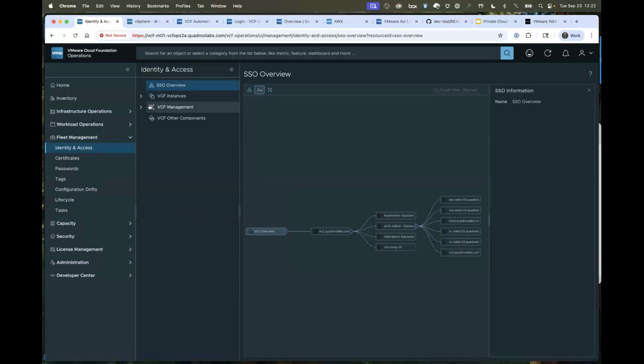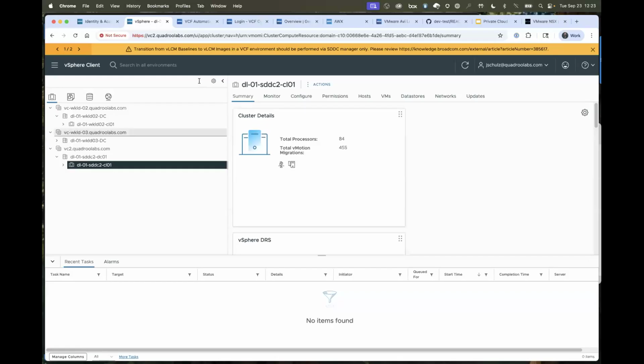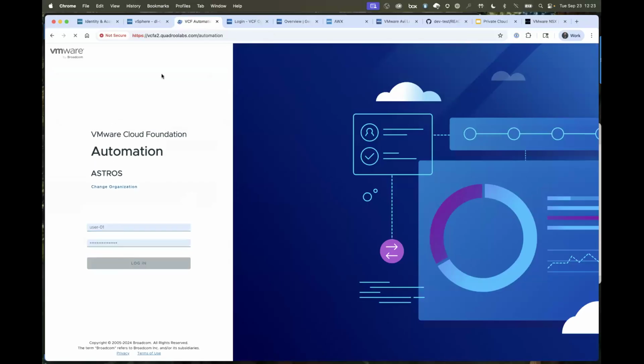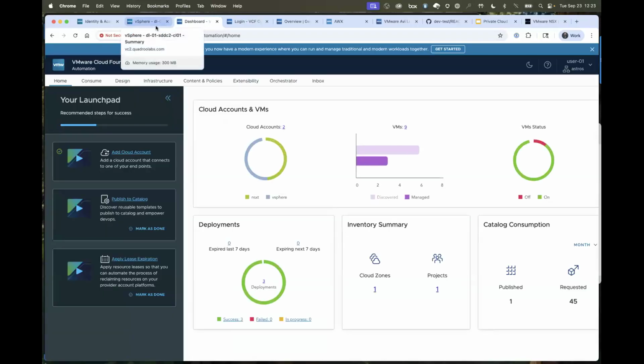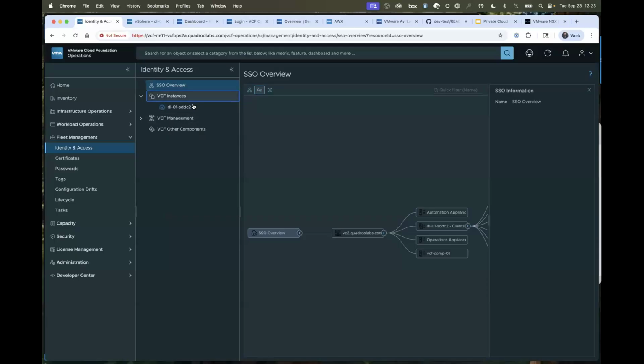SSO is a huge feature, in my opinion. Yes, SSO across the environment is huge. So the ability to log into Ops and then have that login carry with me through vCenter and even through to automation and that type of thing. Didn't we try to do this with VIDM? Right, we used to do this with VIDM, and then we deprecated and removed VIDM in 9, right? Right. So that's removed.